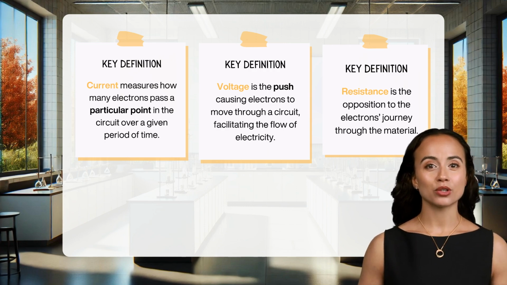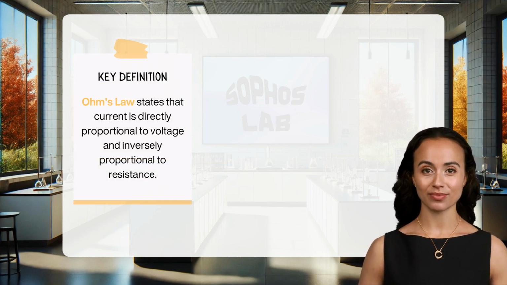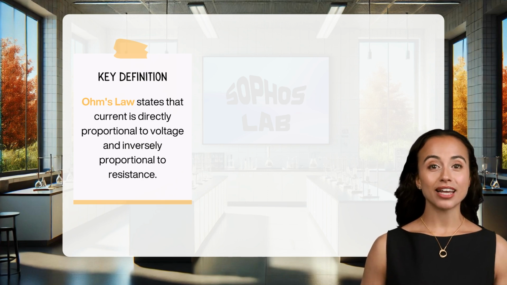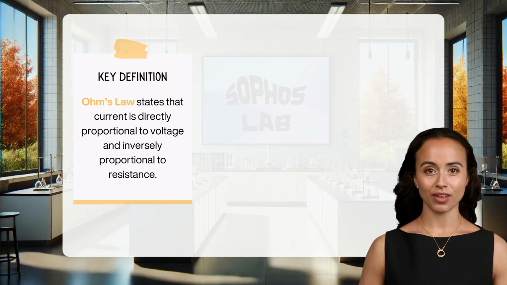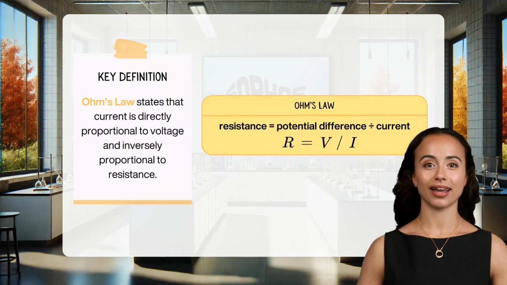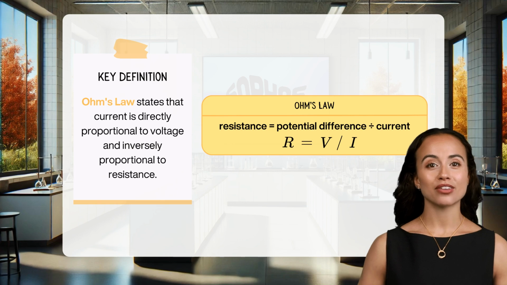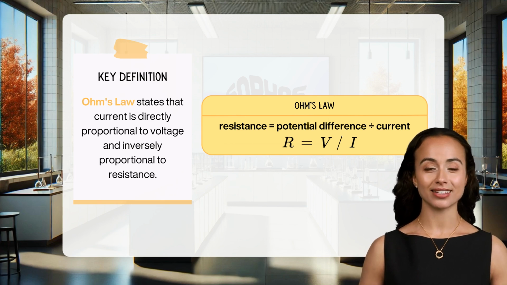We've also explored Ohm's law, which states that the current through a conductor between 2 points is directly proportional to the voltage across the 2 points, provided the temperature remains constant. This relationship is given by the equation R equals V divided by I, where R is resistance, V is voltage, and I is current. Today, we're going to build on this foundational knowledge by investigating the IV characteristics of different